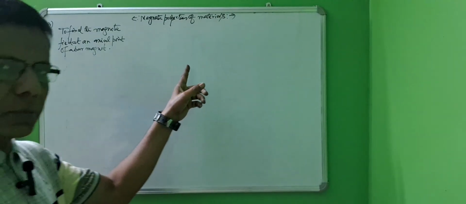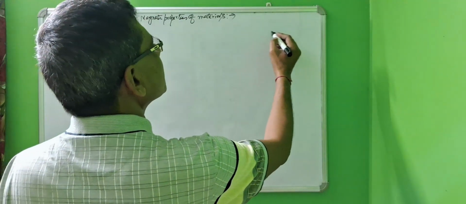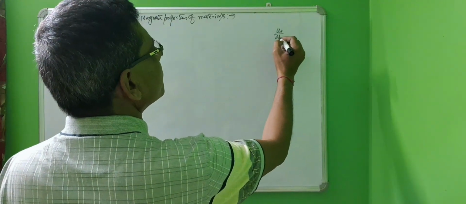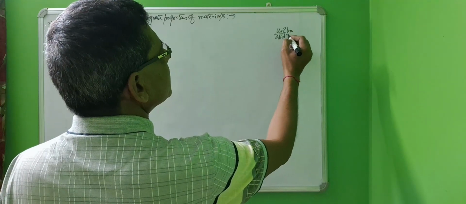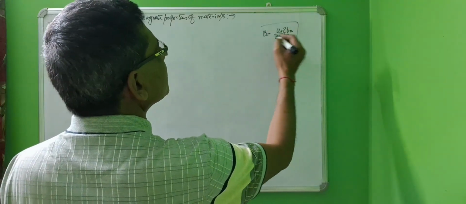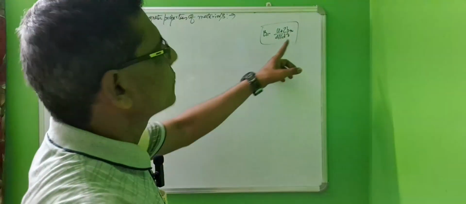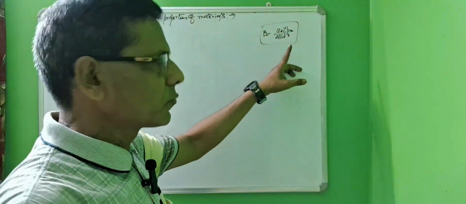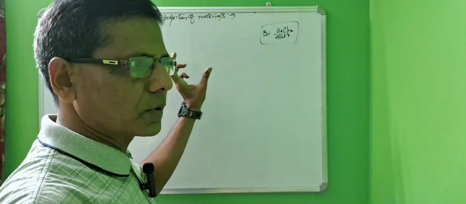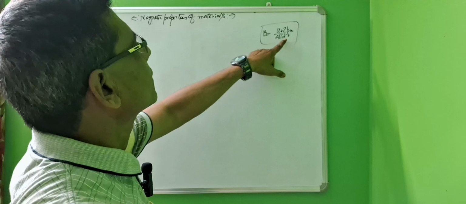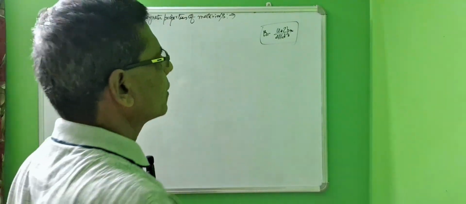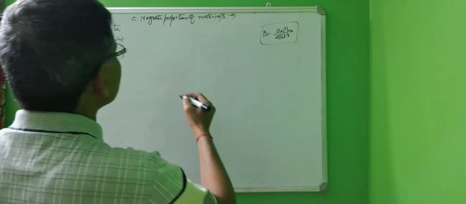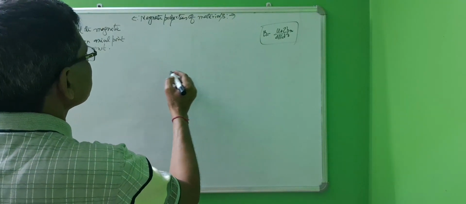The previous problem was solved by the relation μ0 upon 4π, twice Pm upon d cubed, equals B, where Pm is the magnetic moment of the bar magnet and d is the distance from the central point of the bar magnet. So we can write: